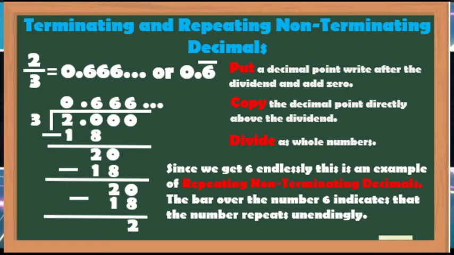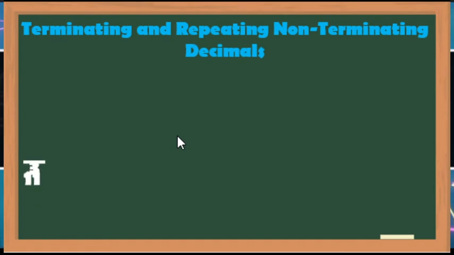Since we get 6 endlessly, this is an example of a repeating non-terminating decimal. The bar over the number 6 indicates that the number repeats unendingly. Let us have another example. This time, let us have